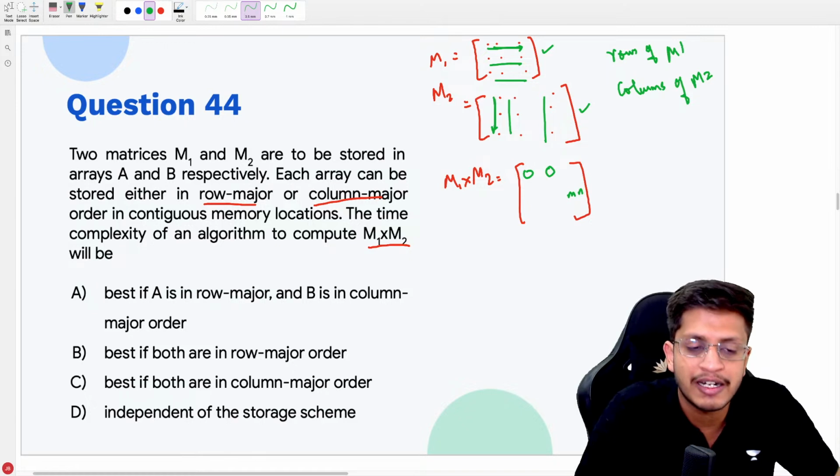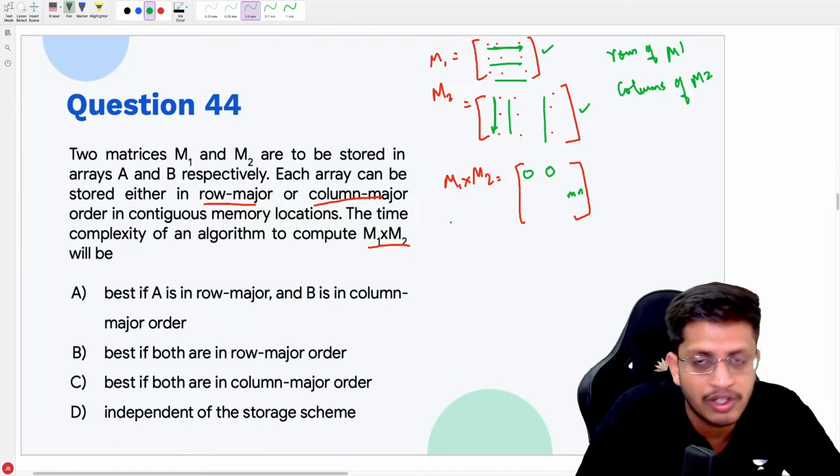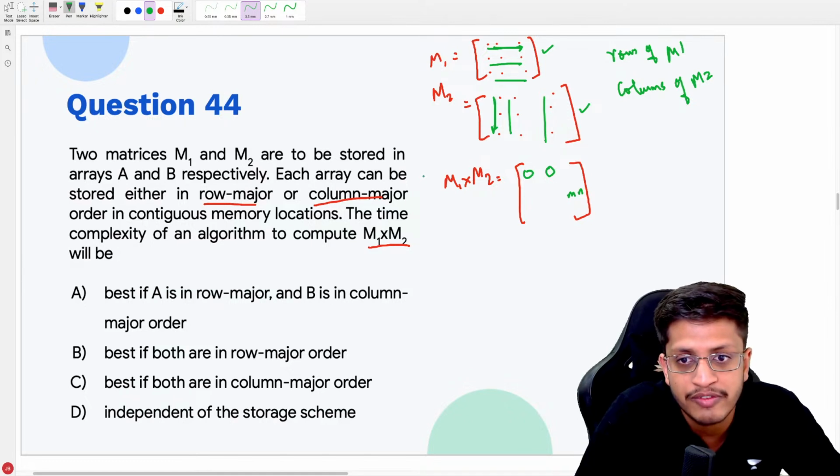You can compute the address of any location in constant time, and you can take that element out in constant time. It's just that if the element is present in hard disk,